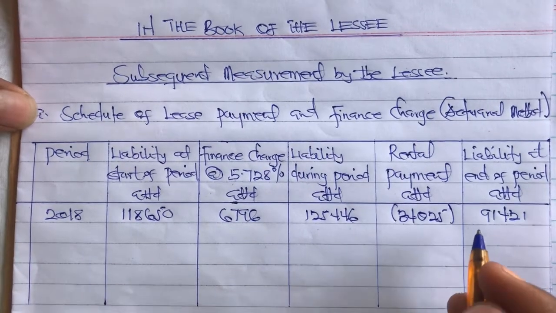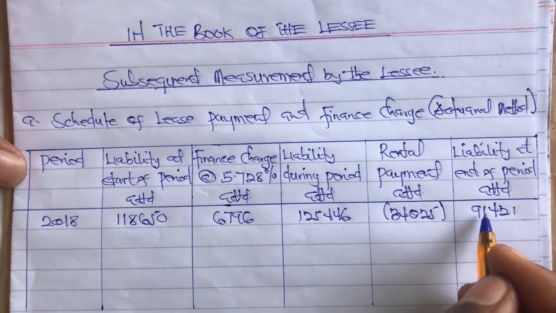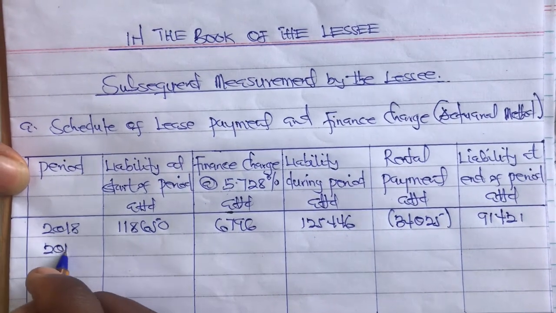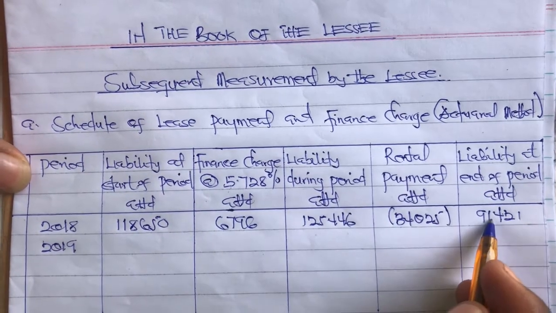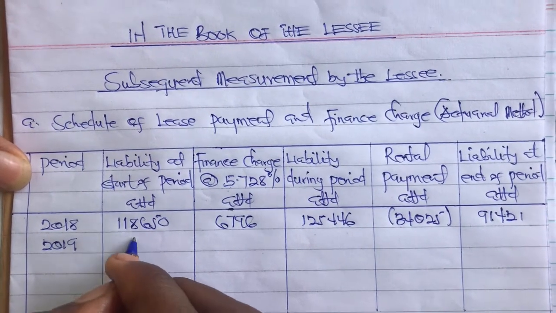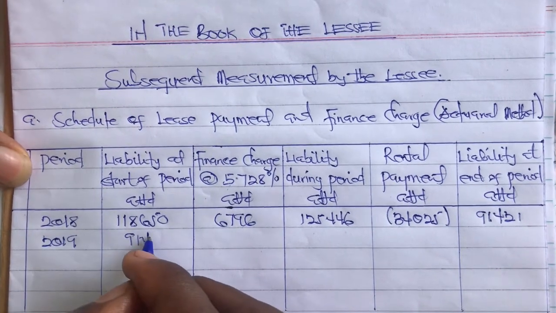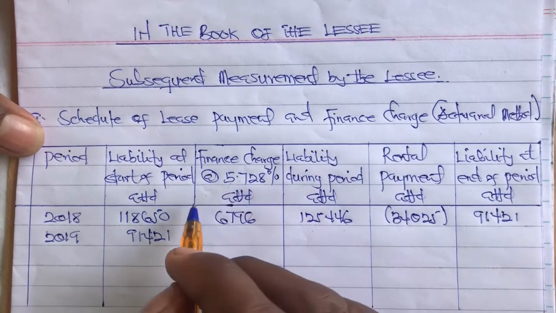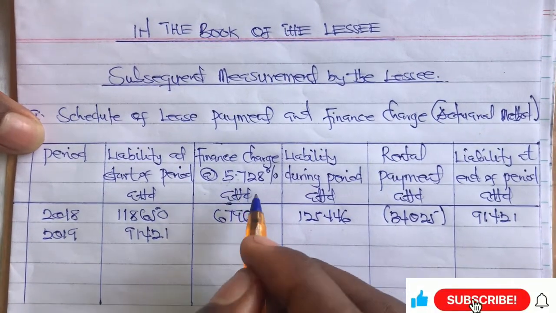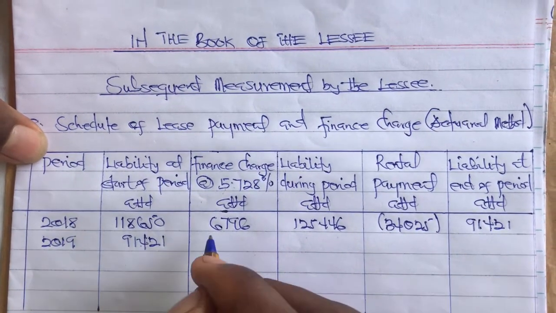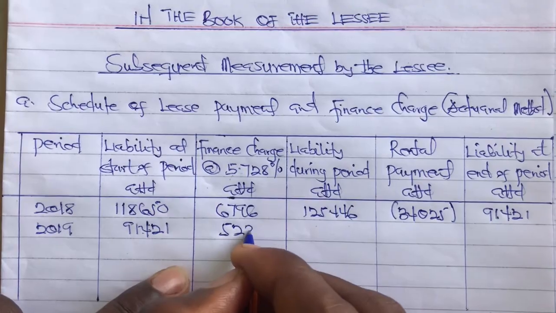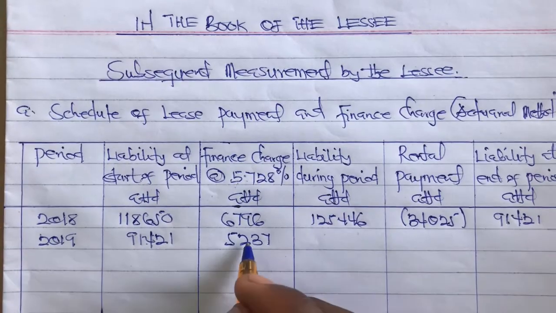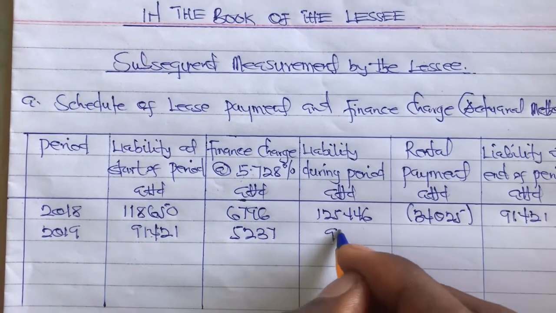You have to understand that the liability at the close of 2018 becomes the opening liability for 2019. So when we get to 2019, the closing liability becomes the opening liability over here. So that is 91,421. Is that clear? And we are going to apply the interest rate implicit in the lease, that is 5.728% on the opening liability. That is going to give us 5,237. So to determine the liability during the period, we add these two, and that is going to give us